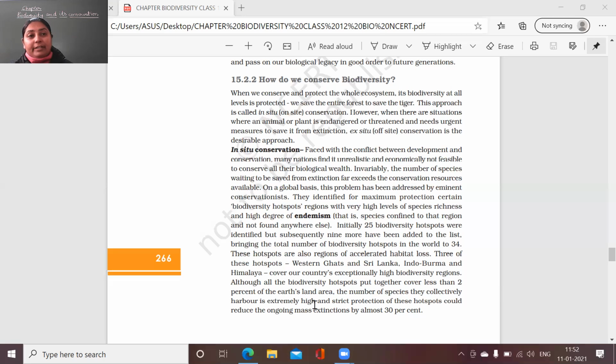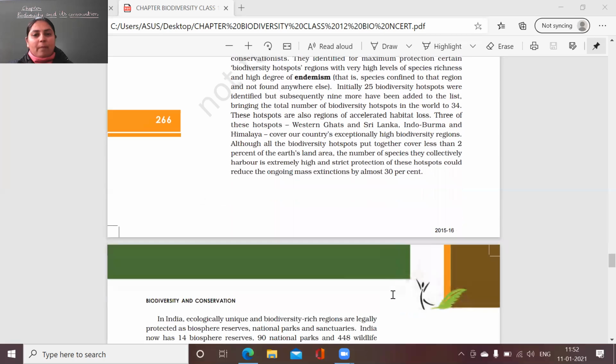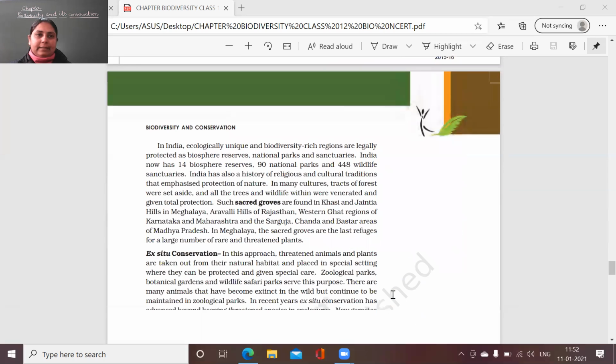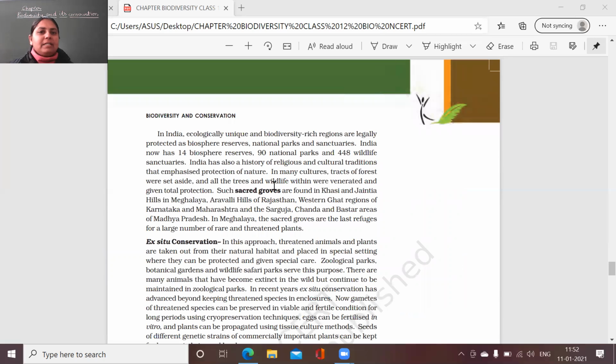So if we protect these biodiversity hotspots, we are able to stop the ongoing mass extinction by how much percent? Almost 30%. So up to 30% we can stop the loss of species, the mass extinction. Okay, so for this purpose the Indian government also took initiatives and